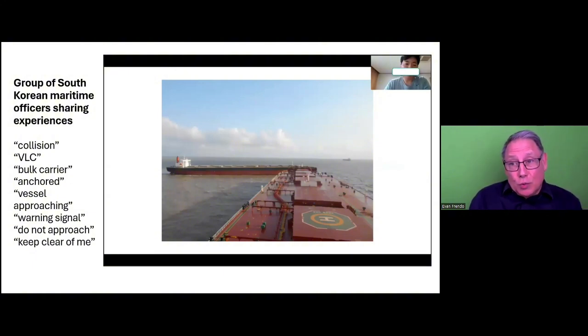One of the issues with this, which comes across quite strongly in task-based learning as well, is the idea of a monolingual group. You may have problems understanding what he's talking about, even if you were an expert in maritime, because of the accent. But of course, this group was all South Koreans. I have been working with them for some time. I do quite a lot of work in South Korea. And so the accent and the way of using language was quite familiar to us. And so the communicative outcome, if it's successful or not, depends really on our ability to understand that.